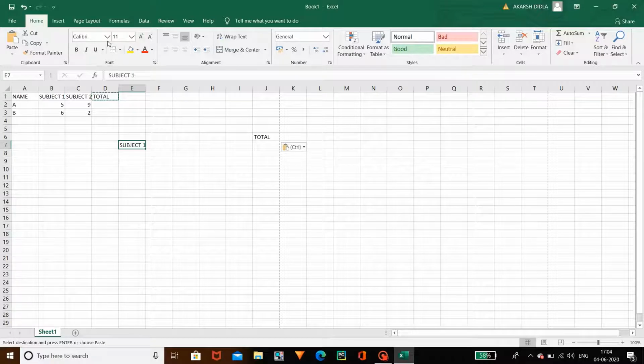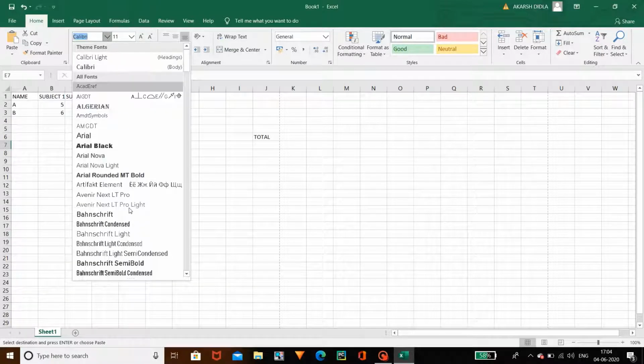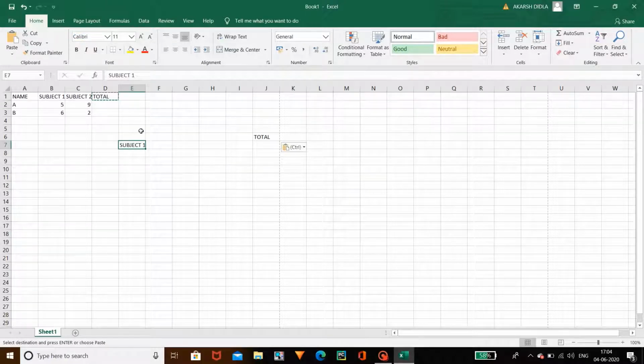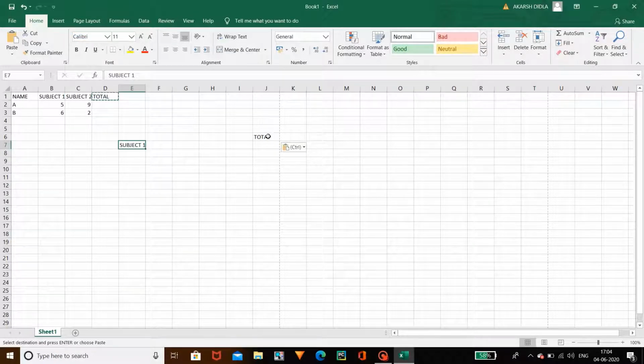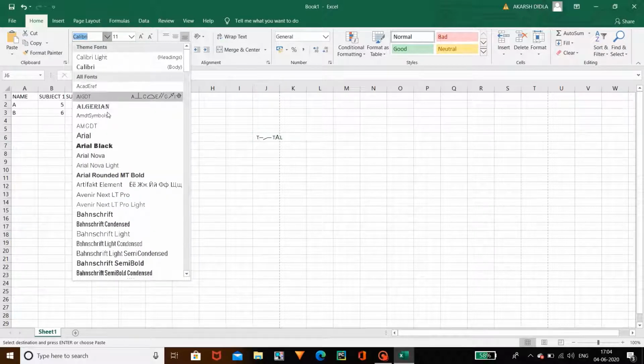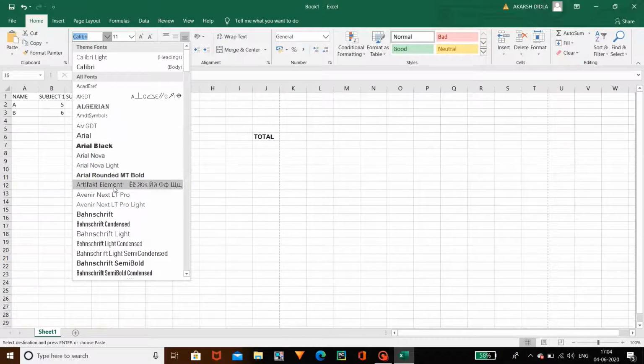If you want to change the style of the font, you can't notice the changes. Why? Because it is the backside of the font, it is covering, so I am taking the example as total. Let's see this. I will show you how it changes. See, you can notice the changes. This is about the style.